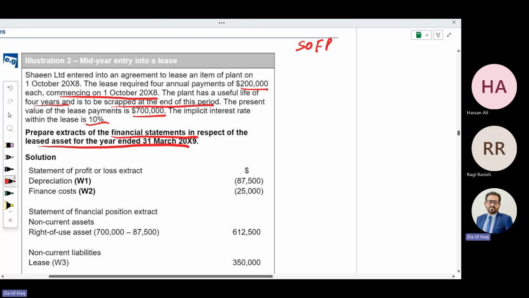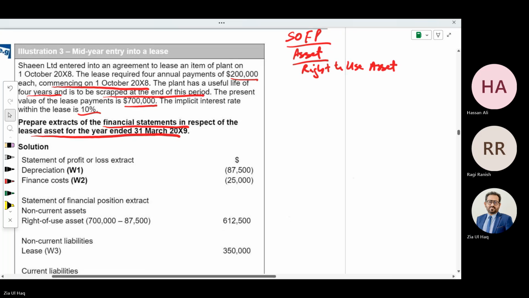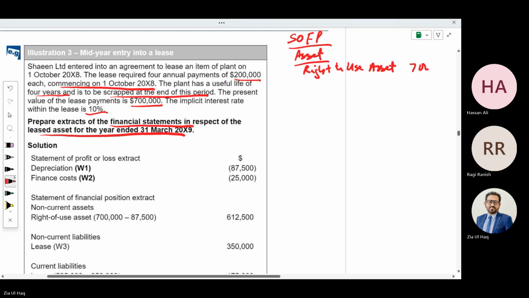So in the statement of financial position under assets, what will be the right-of-use asset value? 700,000, because there is no other cost. No advance is given, no direct cost is given initially, no dismantling cost is given, and no need to deduct any incentive received, and less